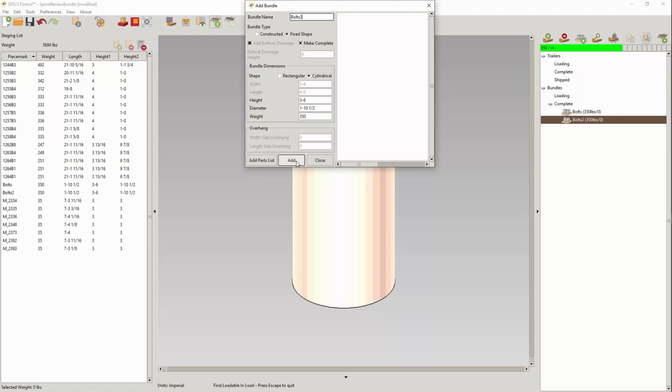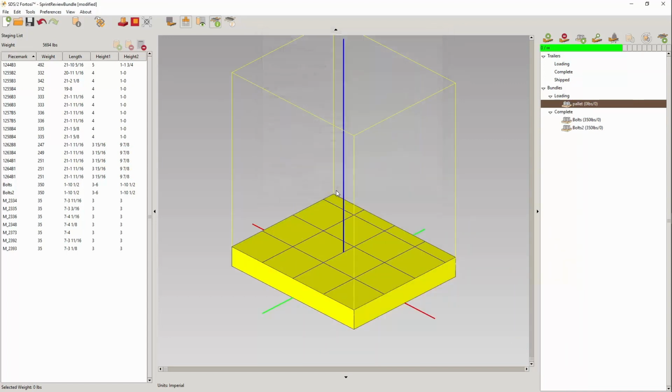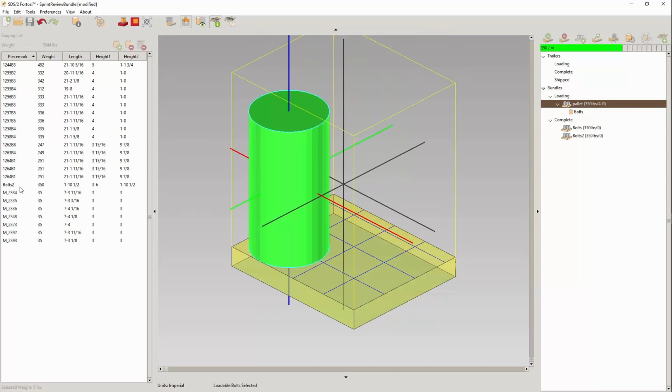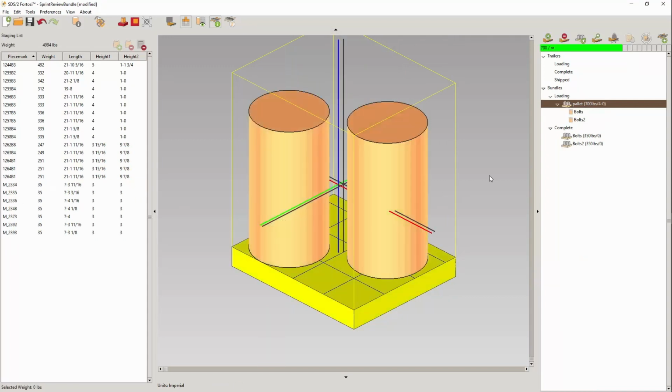As a reminder that you can nest loadables, I'll place these two barrels onto a palleted bundle. Now, for a fixed bundle with some loadables,